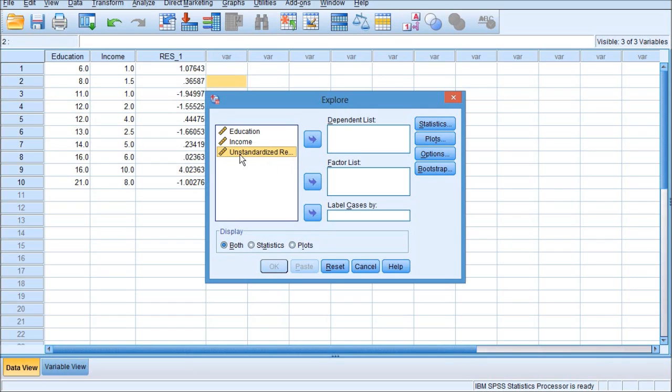Move this residual, estimation error variable, into this Dependent List. Just move it, and click this Plots button here.